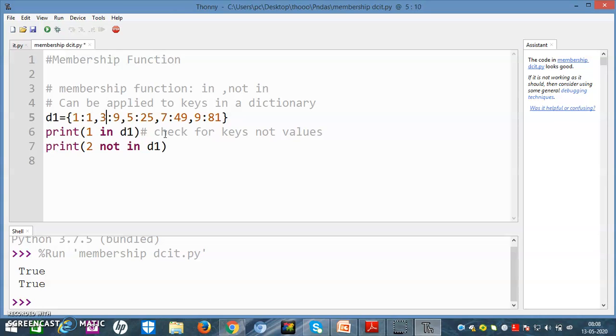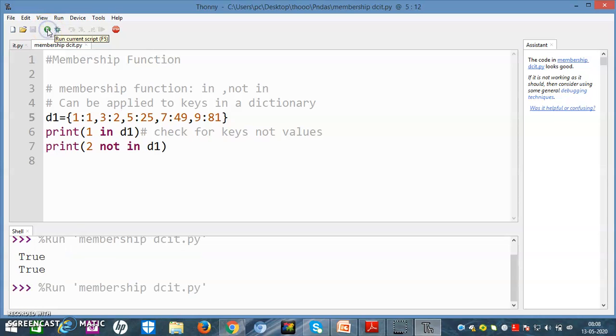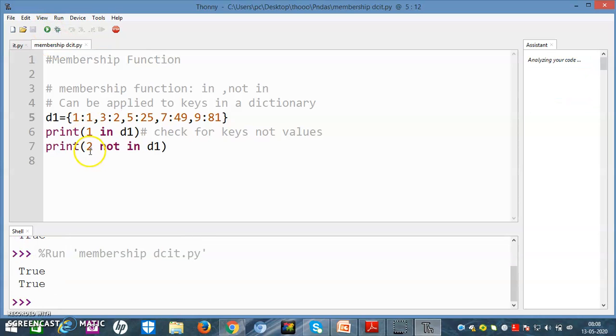Now let us suppose I change it to 2. Let us check our answer. It will also be true because 2 is not in D1, right? Now if I remove not from here, then the answer should change to false, right? So I think I am very much clear to you.